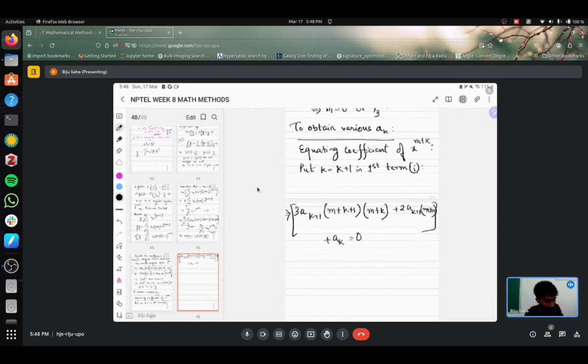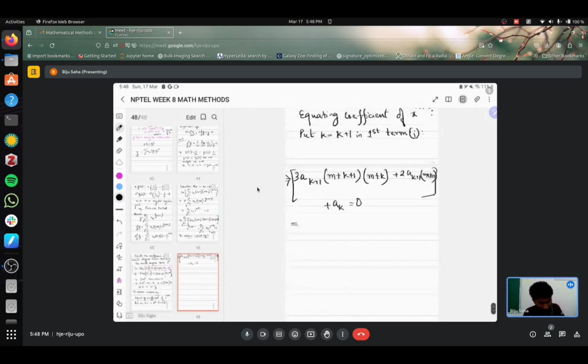So we have obtained on the left hand side the coefficient of x to the power m plus k, and we have equated it to 0. So from here we obtain that